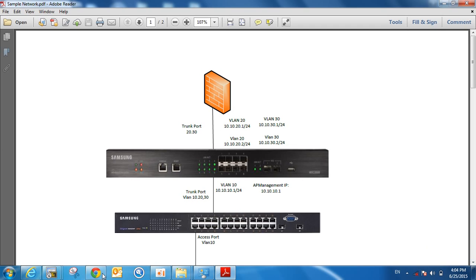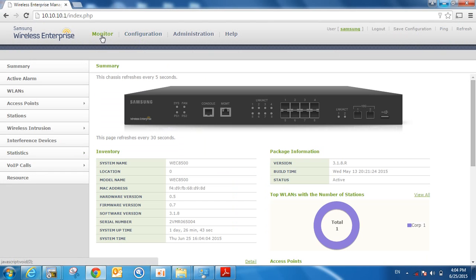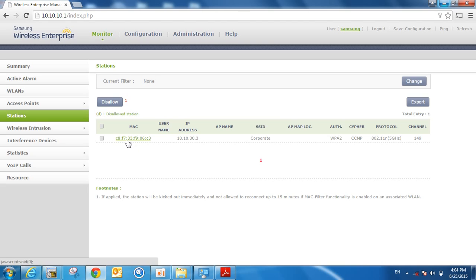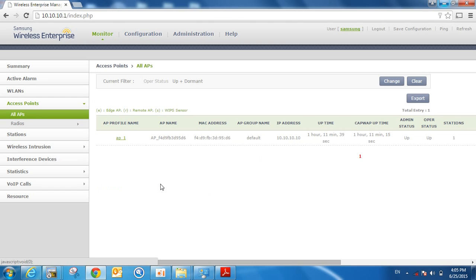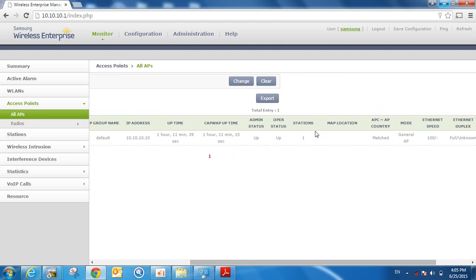from the firewall. So we can verify that the station is connected by coming here into monitor station, and you can see that this is the MAC address of the station, this is the IP address that got assigned, and the corporate SSID that it got assigned into. And let's look at the AP. So if you have the AP here, it should now say that there is one station associated with it. So all right,